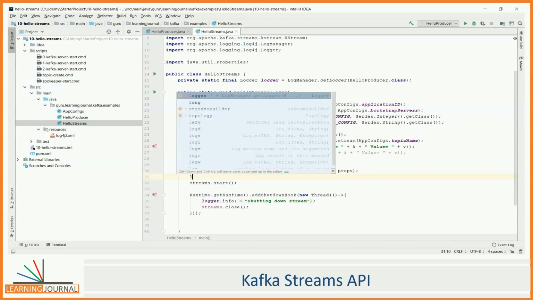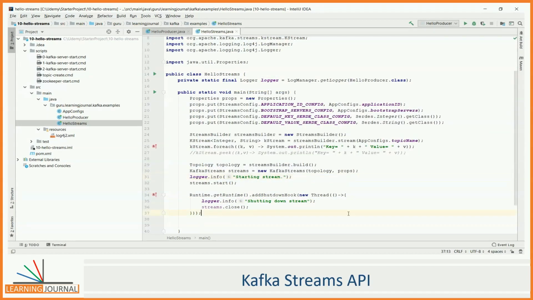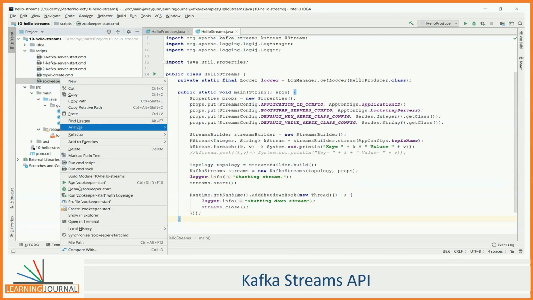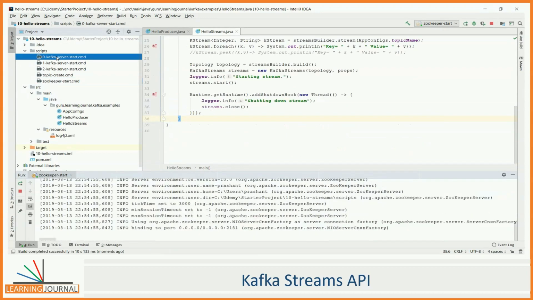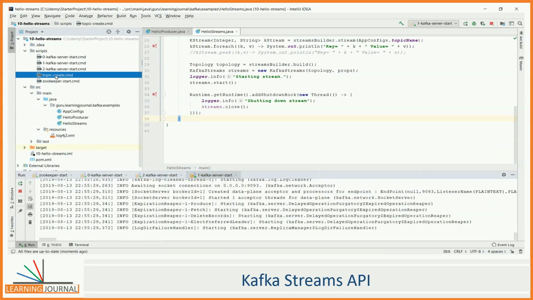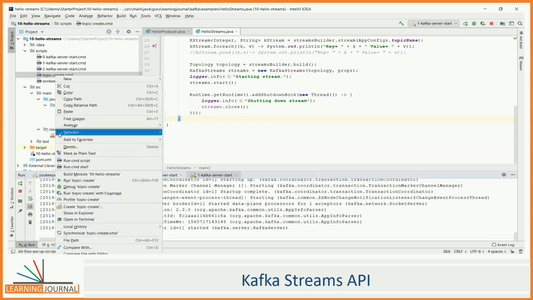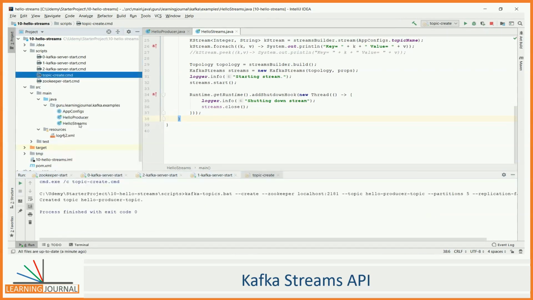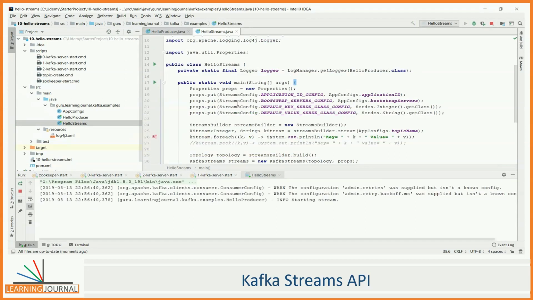You want to run it and see it in action? Start your Kafka services. Create a topic. Start your stream application. It should print some messages to the console.